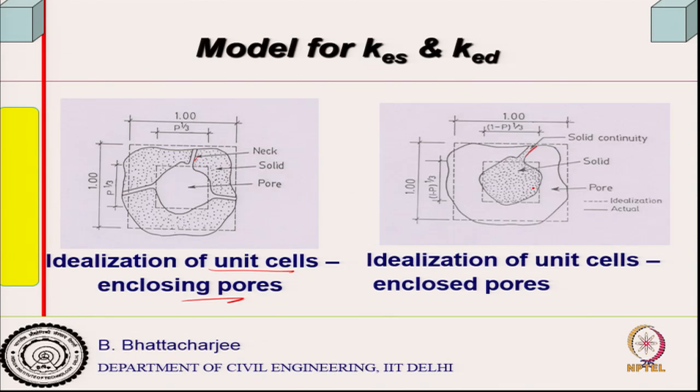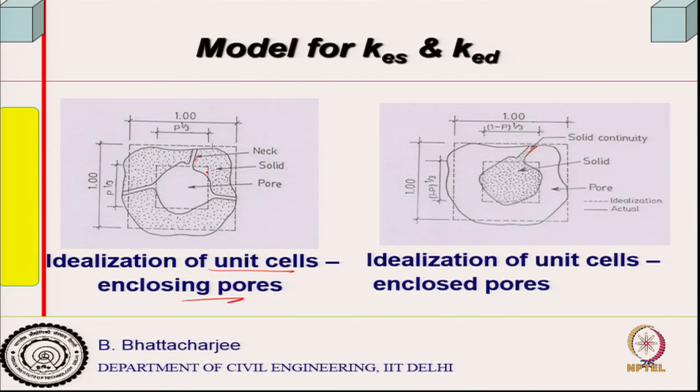So, therefore, the porosity is known. Supposing I know the porosity, the actual pores will be of this shape, idealized into cubical shapes, because handling a cubical shape is easier, but currently one can handle anything. This is what is originally done. So, if you take this particular cube, what will be the length?